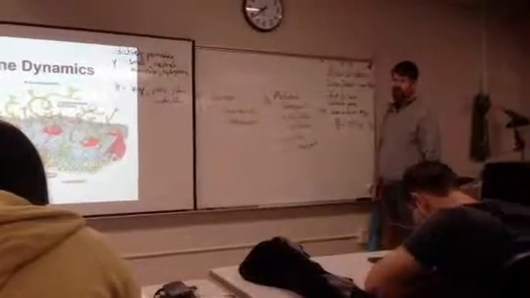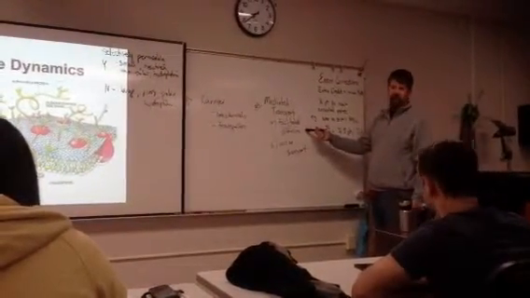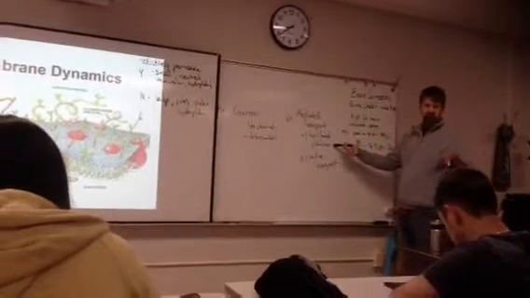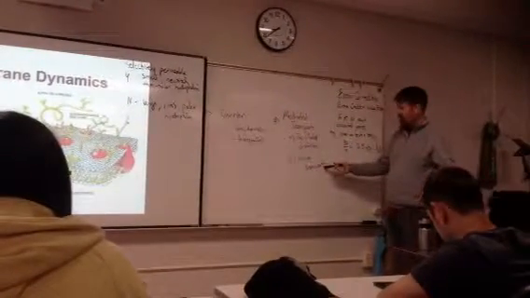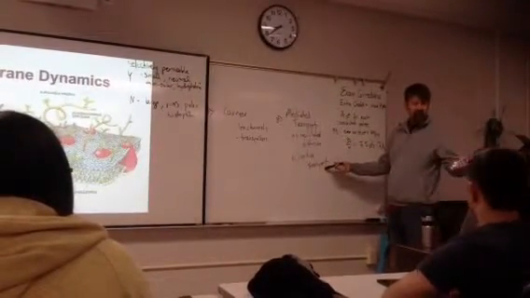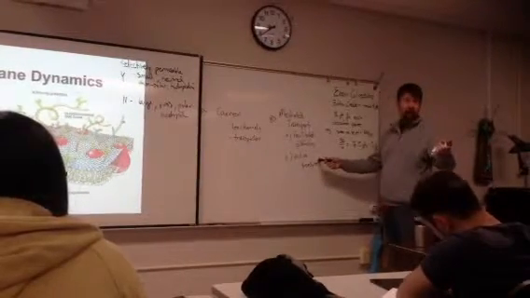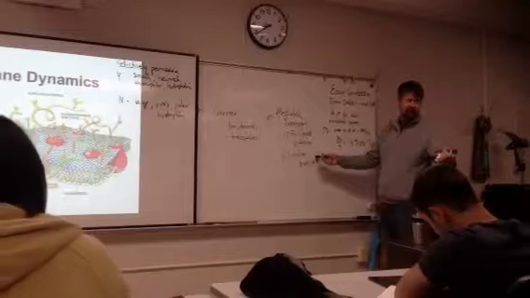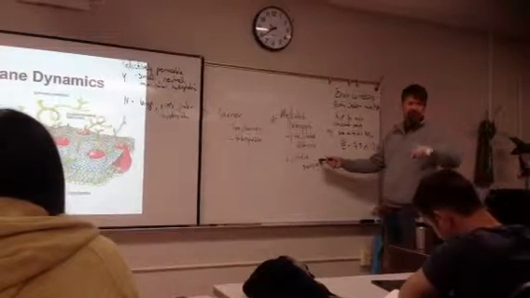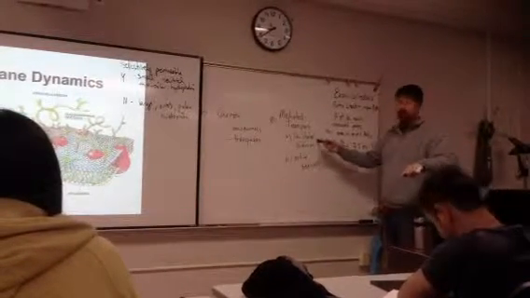These are our two kinds of mediated transport. Facilitated diffusion goes with a concentration gradient, from high to low concentration. Active transport goes against the concentration gradient, from low concentration to high concentration. So the pumping of the hydrogen ion is active transport. The diffusion of the hydrogen ions back through ATP synthase is facilitated